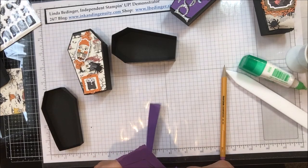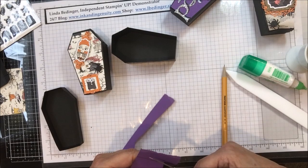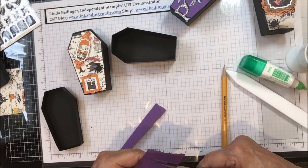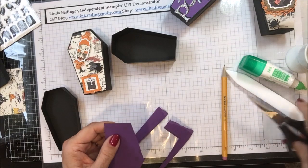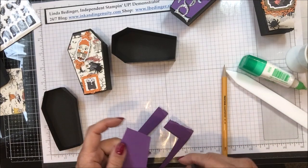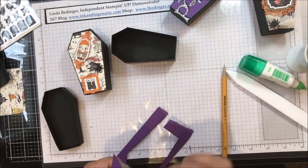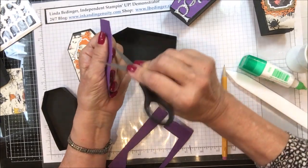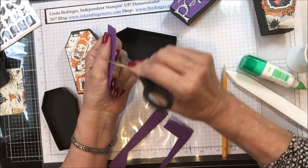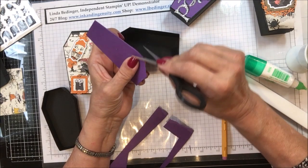With your pencil guide, it's actually pretty easy to cut. And frankly, if it was a little bit off, I thought about this, that maybe it would be kind of fun to just distress these edges anyway and not worry too much about how straight the cutting is,